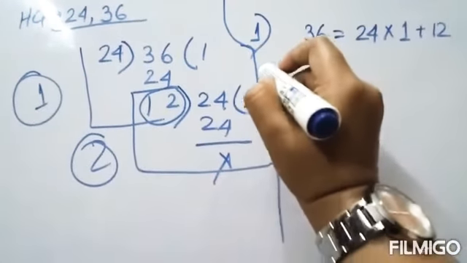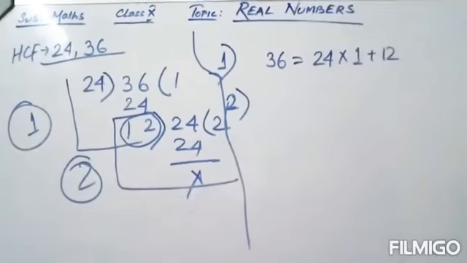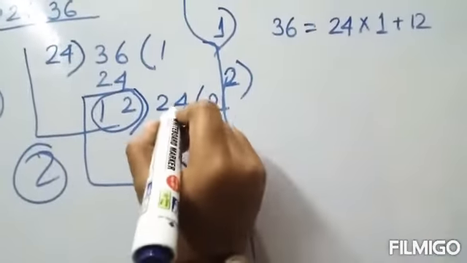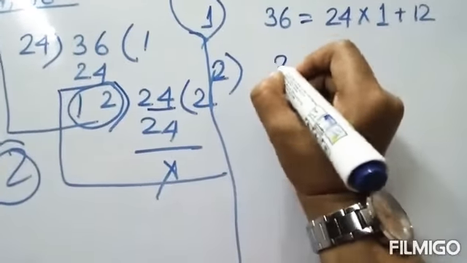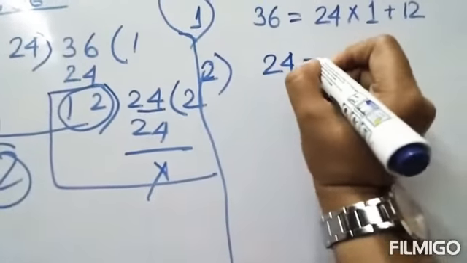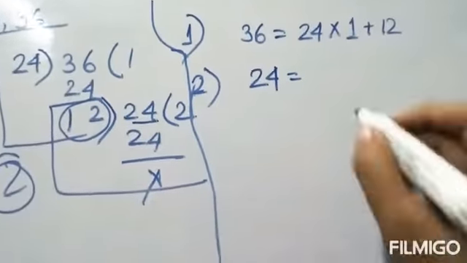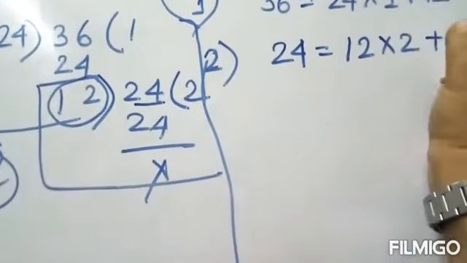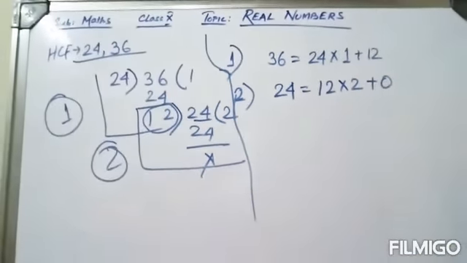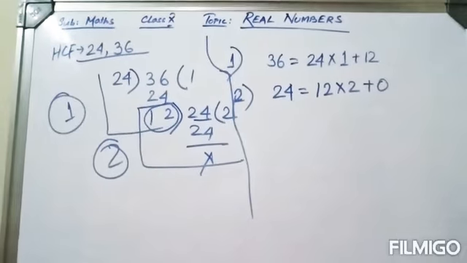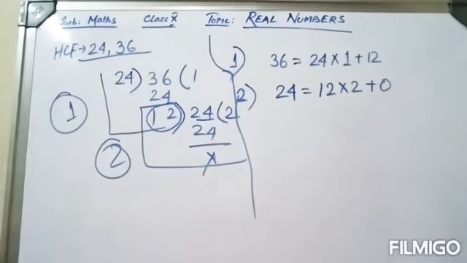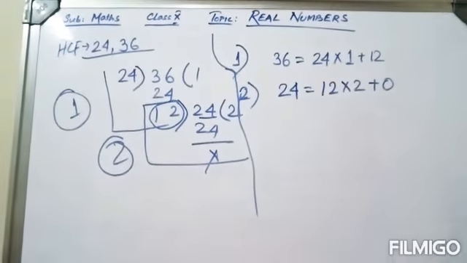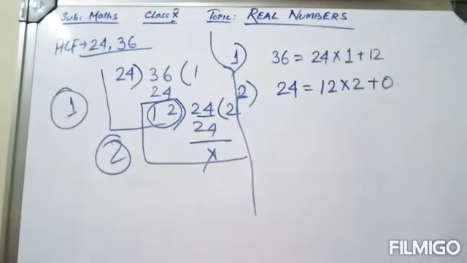For the second part of the division, what will I write? In the second part, you see, 24 is the dividend. So 24 is equal to 12 into 2 plus 0, right? It is the second part of the division, meaning our process of HCF in the second part. So see, when we find an HCF